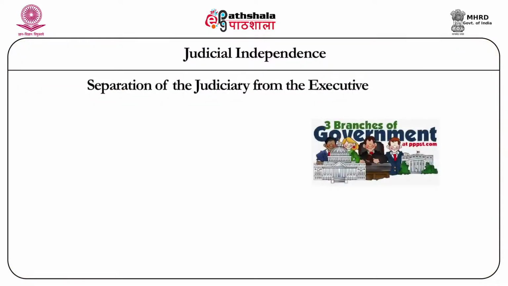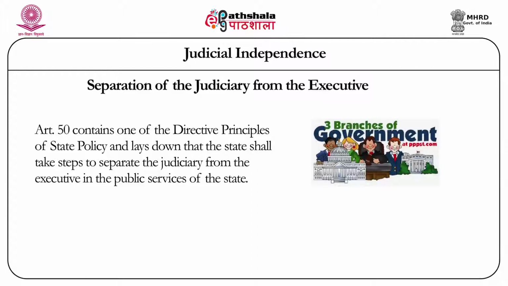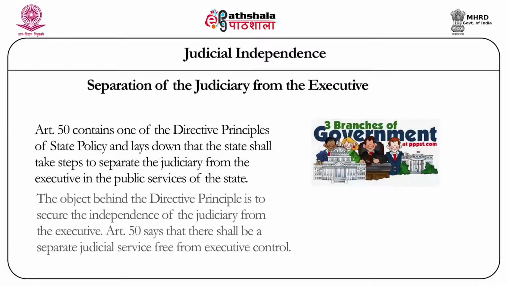Another important aspect is the separation of the judiciary from the executive. Article 50 contains one of the directive principles of state policy and lays down that the state shall take steps to separate the judiciary from the executive in the public services of the state. The object behind the directive principle is to secure the independence of the judiciary from the executive. Article 50 says that there shall be a separate judicial service free from executive control, which shall ensure that the